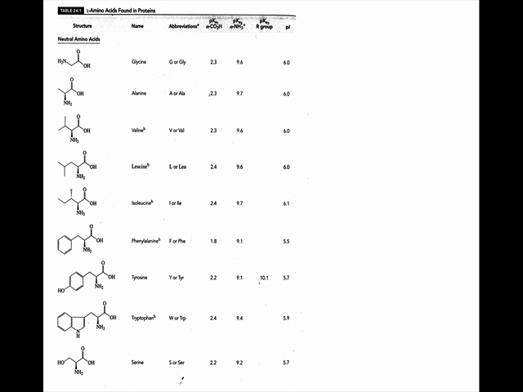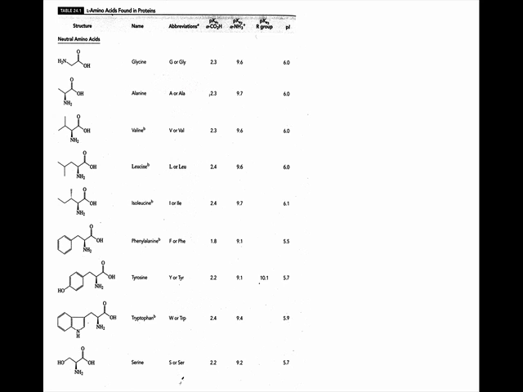Now they're all more or less in the same range. Here we've got glycine. There are no substituents on the alpha carbon. It has a pKa of 2.3. The amino group has a pKa of 9.6. Alanine, now we're getting into chiral amino acids, right? Glycine is achiral. There's no chirality. Here we have a chiral carbon, and we say that this is the L amino acid, okay?